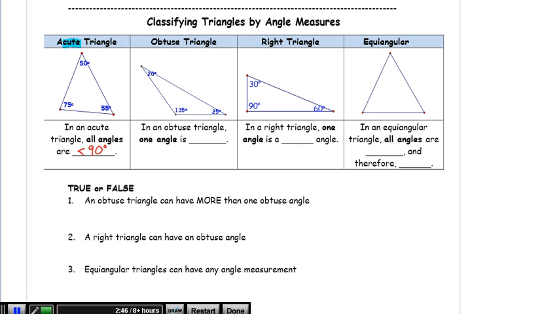In an obtuse triangle, one angle, just one, is greater than 90 degrees. If you thought about it, you can't have more than one that's 90 or more, because if you did, you'd have a shape like this, and there's no way you can make a triangle now. So you can only have one obtuse angle. In a right triangle, we already know what a right angle means. One angle is a right angle. And equiangular, all angles are equal,